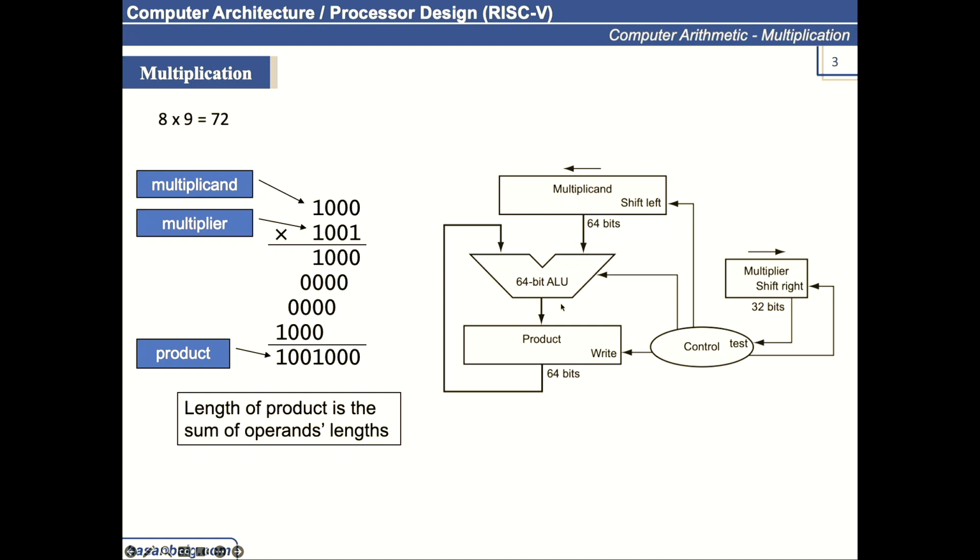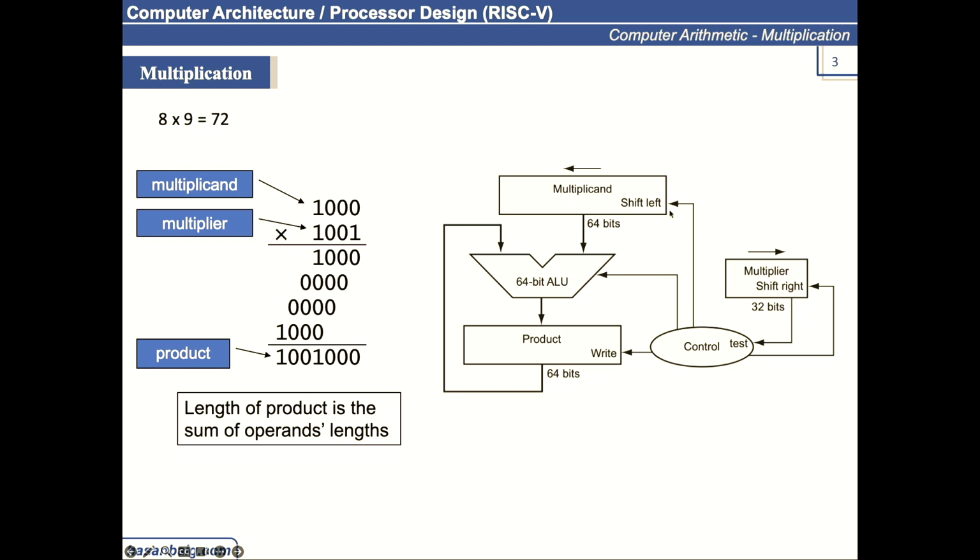Then we have a 64-bit ALU, because it takes the 64-bit multiplicand and the 64-bit product. It keeps on adding and storing in the same product register. Maybe this diagram may be hard to understand right now, but when you see the flow chart in the next slide, how the flow is executed, it will make more sense. But there is a control unit. What the control unit does is